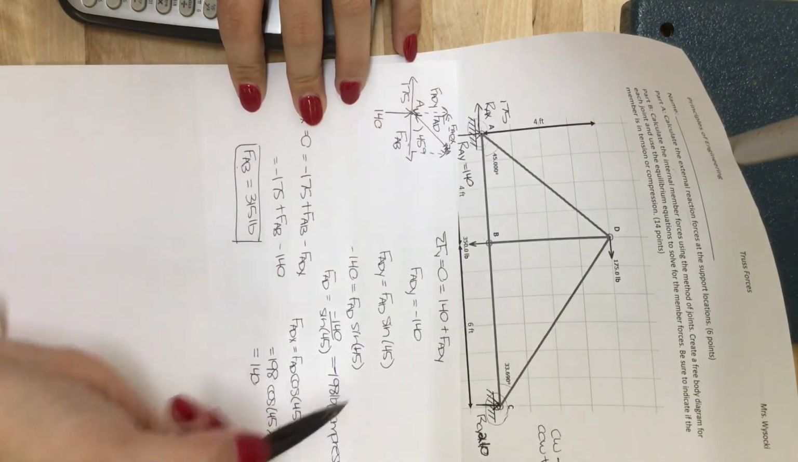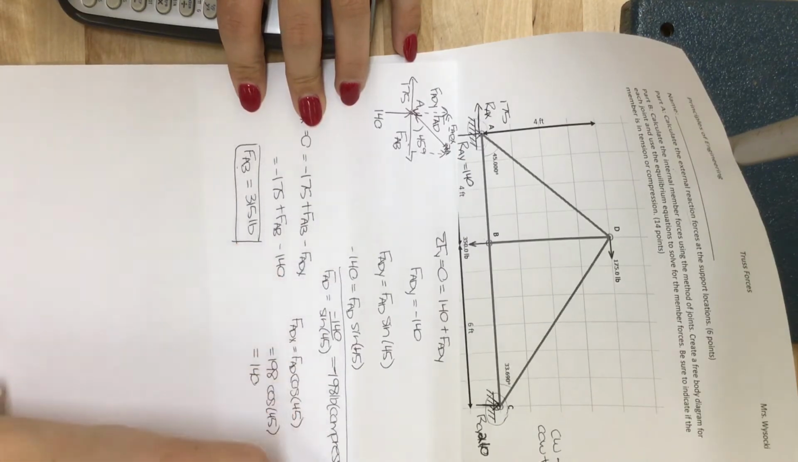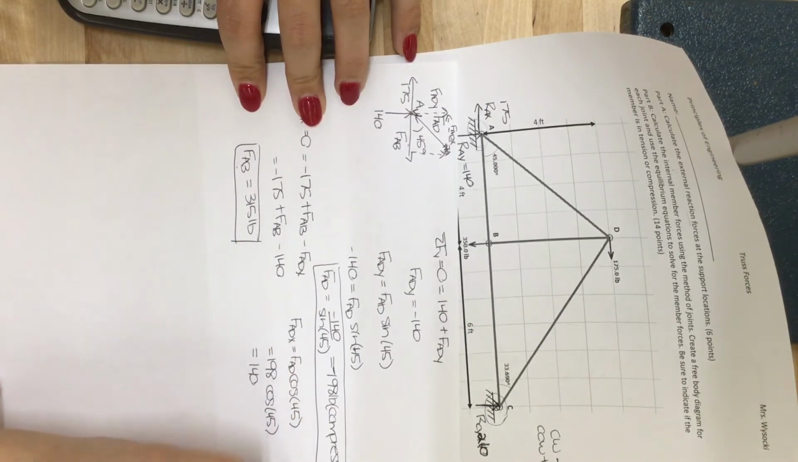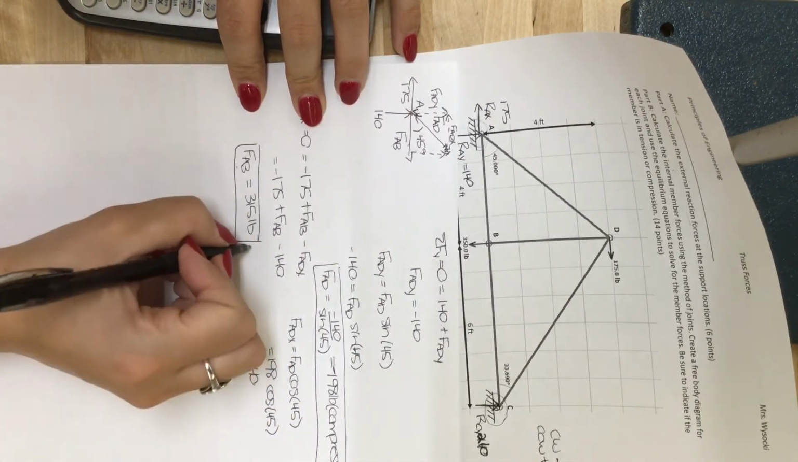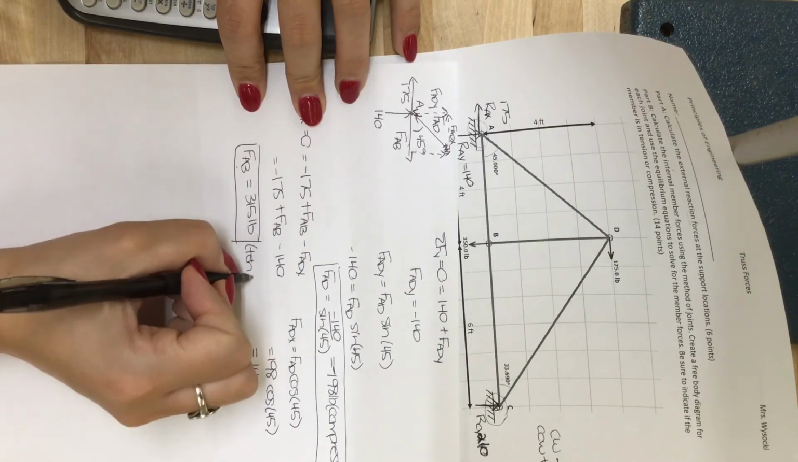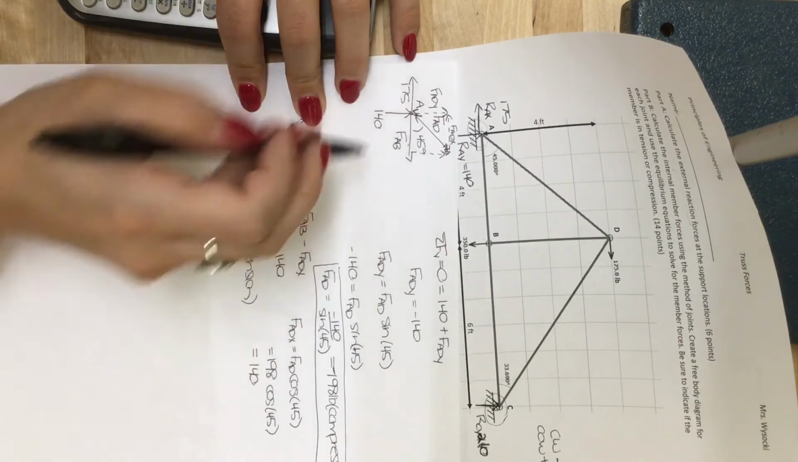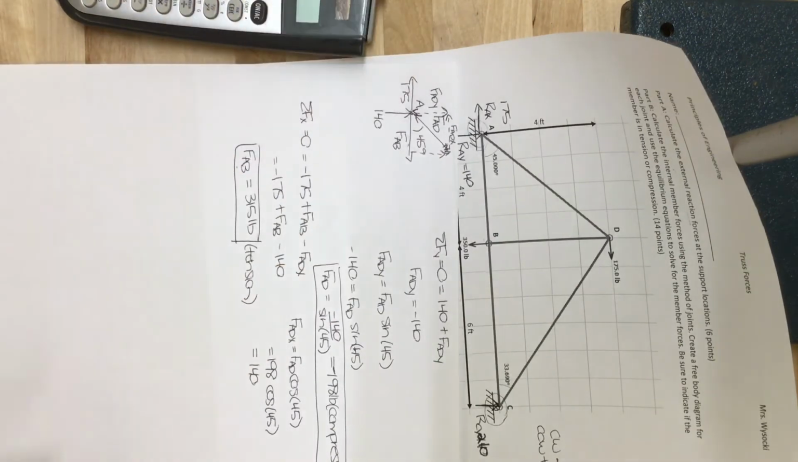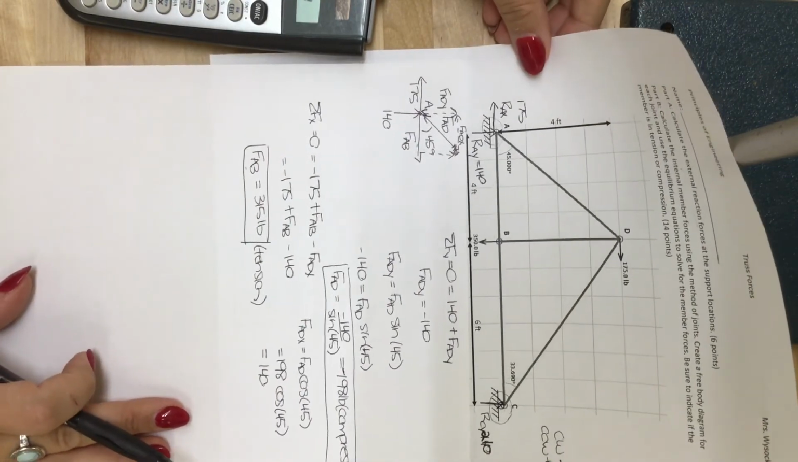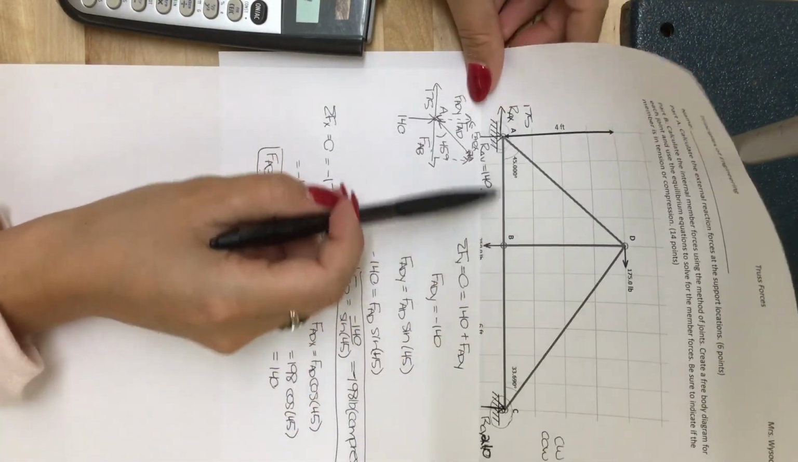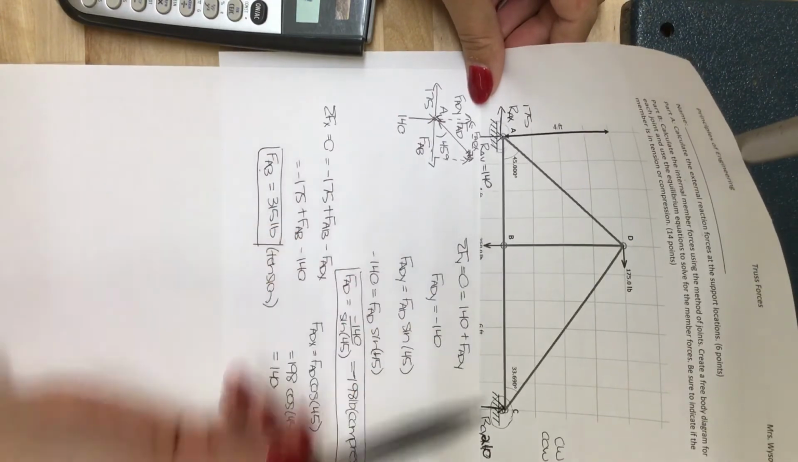So we found FAB, we found FAD, and we should note that FAB is in tension because we got a positive number. Our initial assumption that it was in tension was correct, and we can continue with our problem. So I'm going to move on to point B now, because we know FAB, we don't know BC, we don't